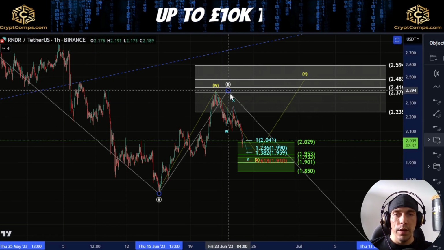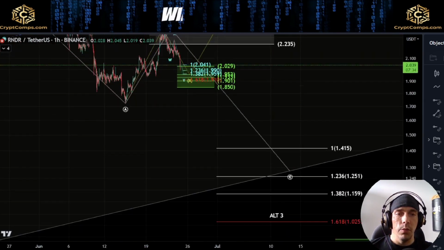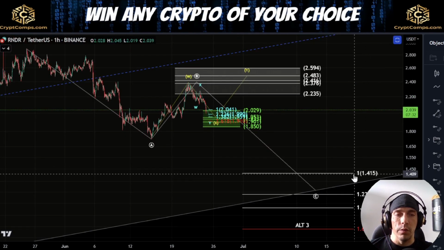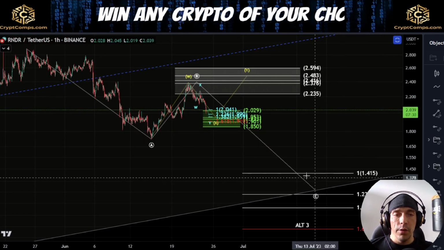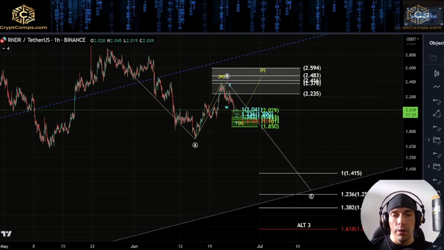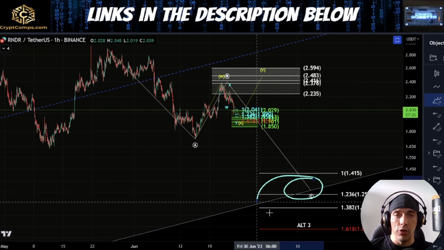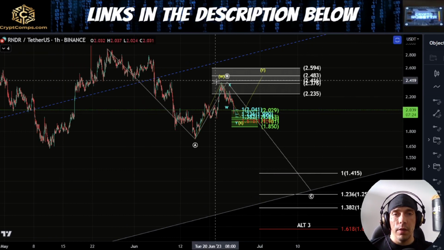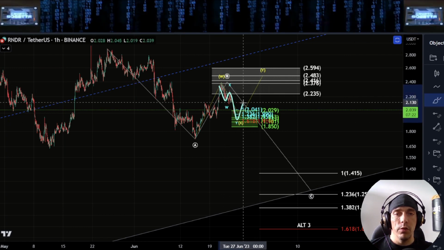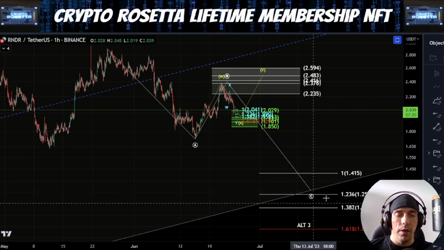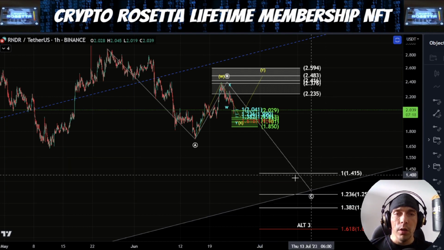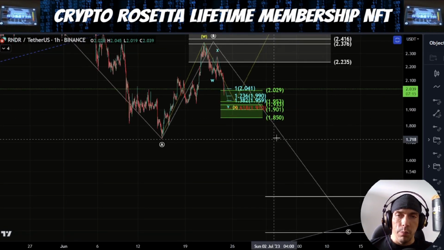Now, if this is a completed move into this point, what we'd be looking for would be a move down towards these levels of this 141. And then if it does extend out, I'd be potentially looking for that possibility of coming back into this channel line here. We would be looking at this as either 1, 2, 1, 2, and then we look to break down in a bigger way here, looking to come into these levels,